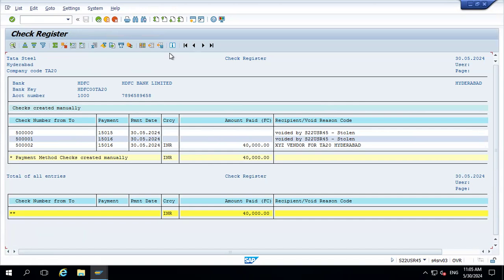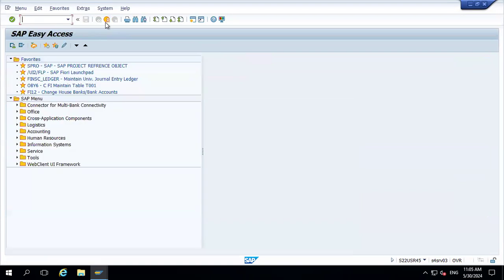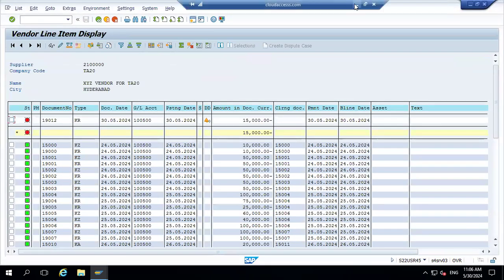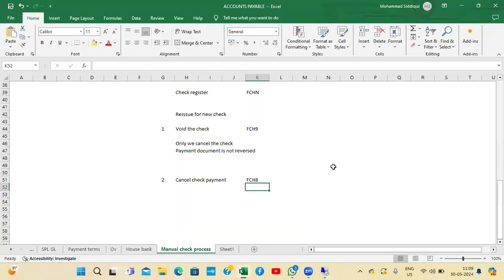So this is about the manual check process. What we have seen today: we have seen how to cancel only the check without reversing the payment, and we have also seen how to reverse the payment document along with the check. We have also seen the check register scenario. So this is all manual process. So from tomorrow we are going to